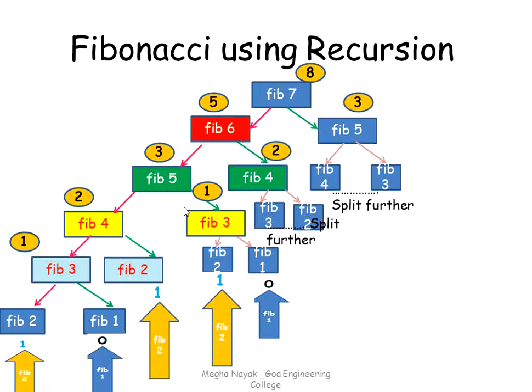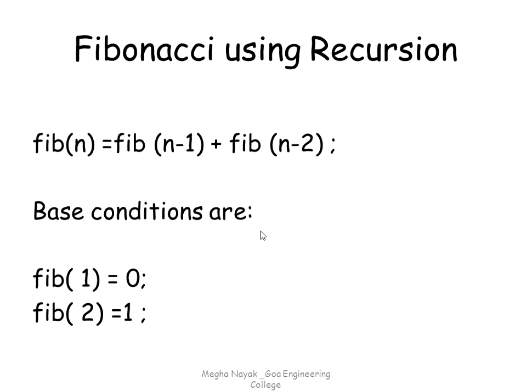However, at this point of time, the evaluation is not done. Evaluation only gets done once we reach the base. The base in this case is fib of 2 and fib of 1. We have two bases over here. So after you reach these two bases and you get their answers, then you move up for evaluation. That is when your Fibonacci exactly happens using recursion. So to compute the Fibonacci of n, I can generalize.